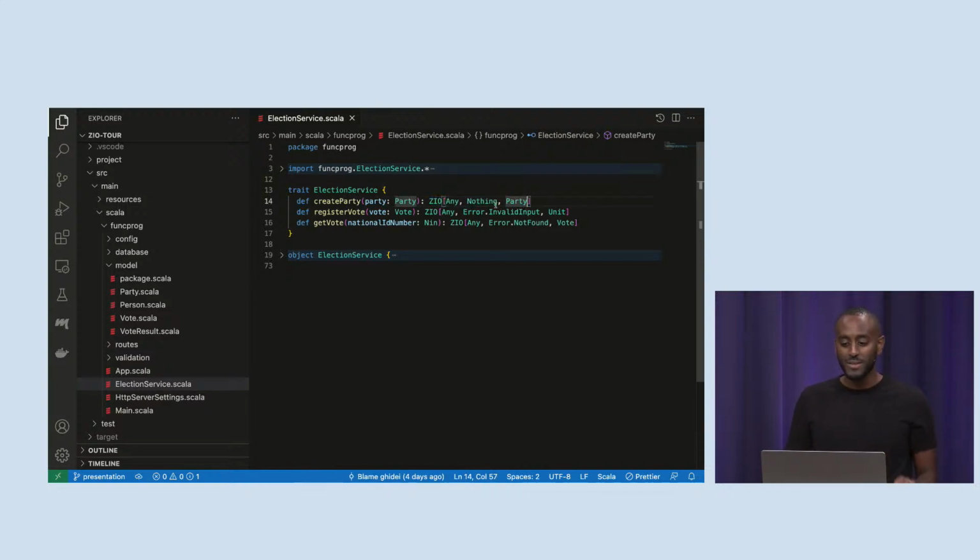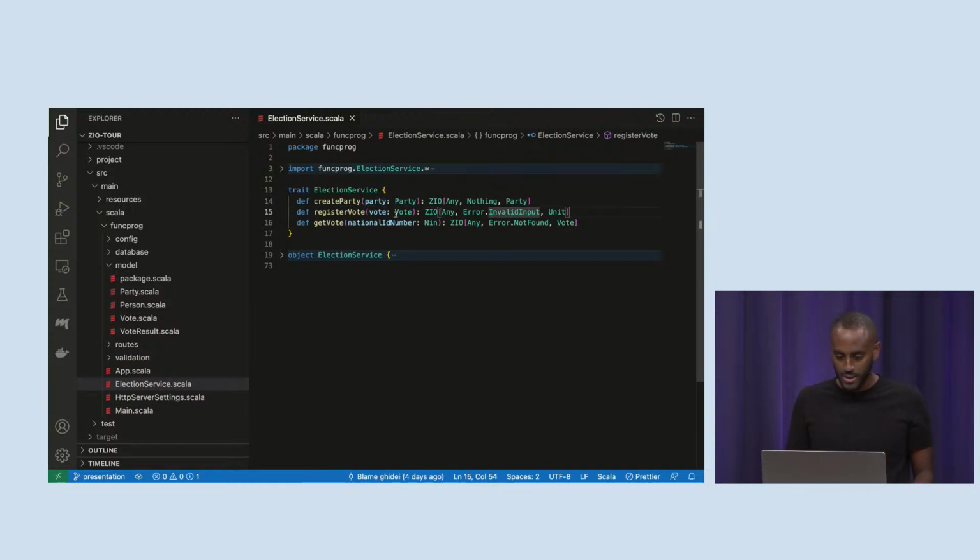Okay. This does not mean, however, that it cannot fail at all, right? We're still bound by the reality of the world, so if this machine has an out-of-memory exception or a real fatal error, then of course this is not going to succeed. But in ZIO, we think it's useful to separate those two errors: the failures that we cannot deal with, and the domain errors that we do, in fact, want the upstream to deal with. And then the return here, the success value, would be a party.